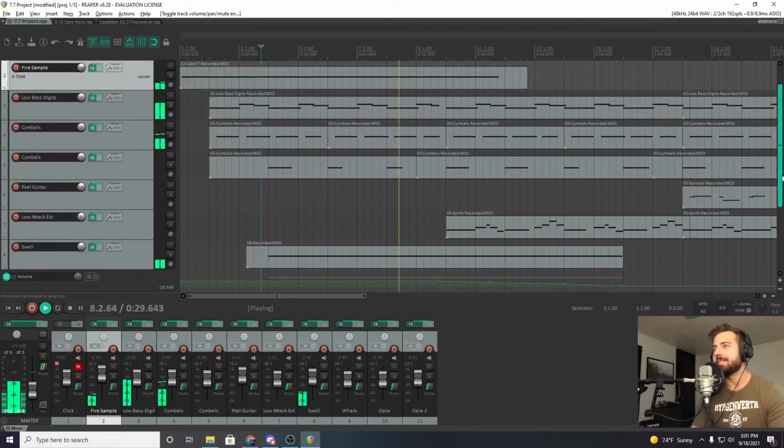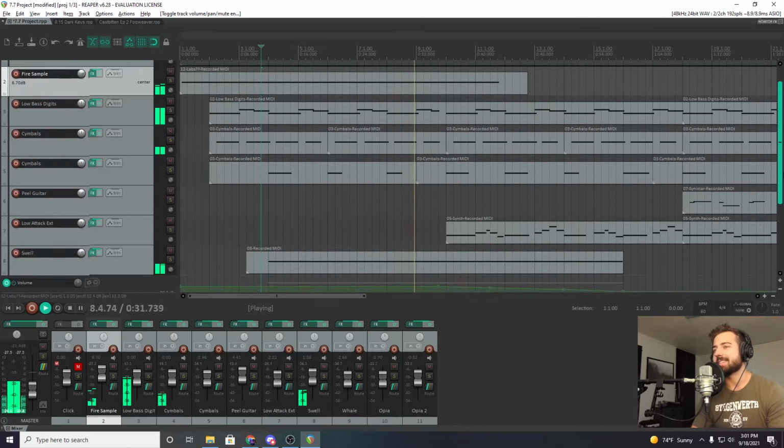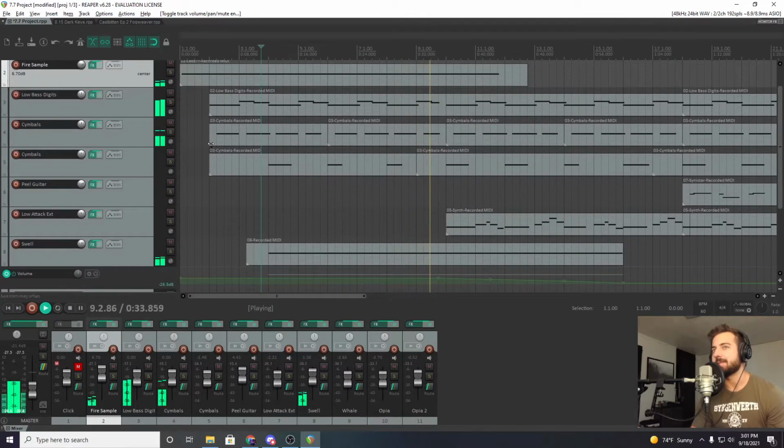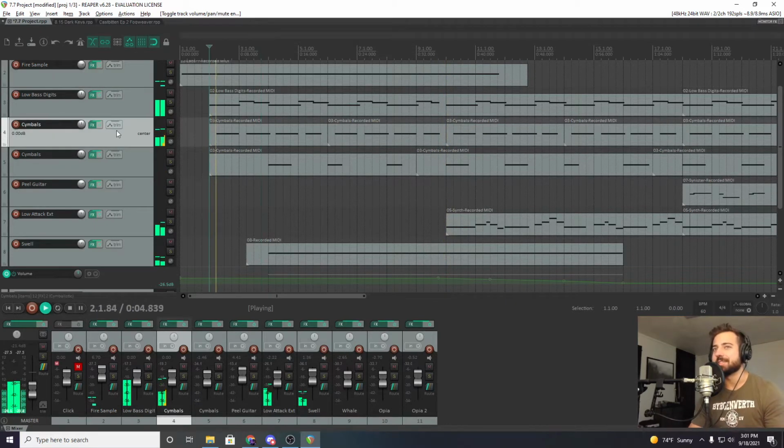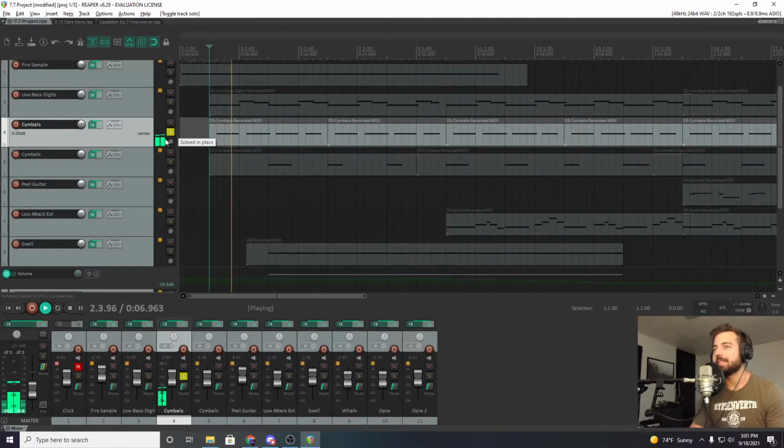Just adding a little bit of identity. I think it sounds really nice in this more spacious spot at the beginning. So next thing to look at is the cymbal sound. I think that it's so cool. There's two cymbals kind of adding percussion.